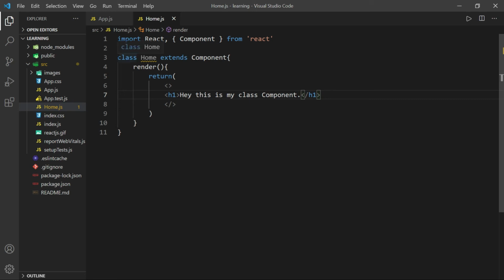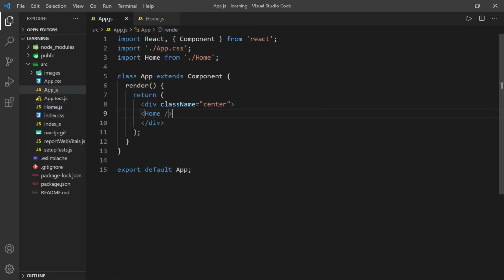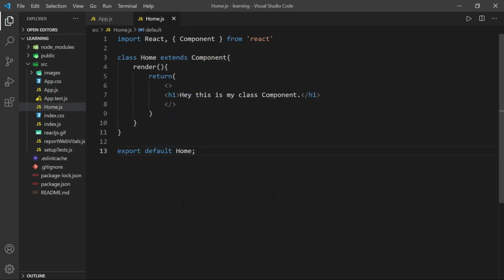We can write it directly at the front of the class, or we can write export default home. Now we can use this again. We don't need to import it because we have already imported it in our app.js file. We have imported home, so you don't need to import it again.